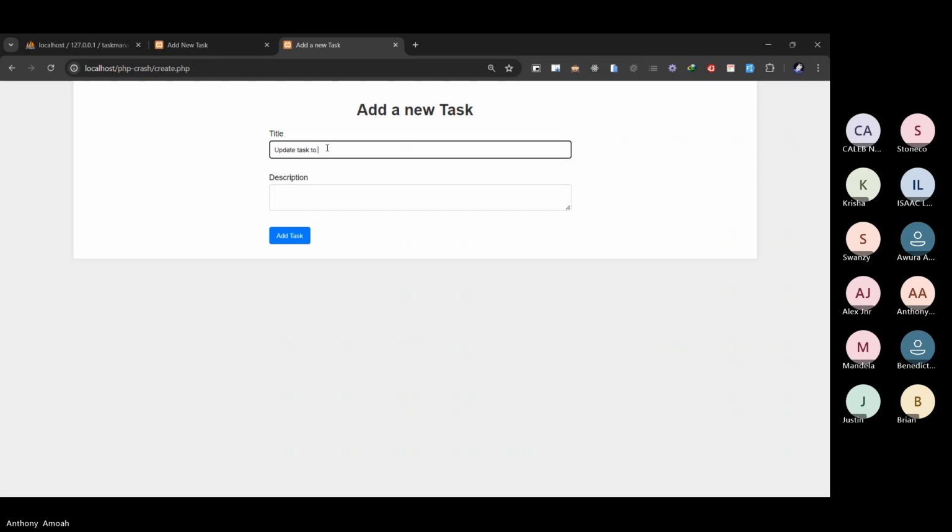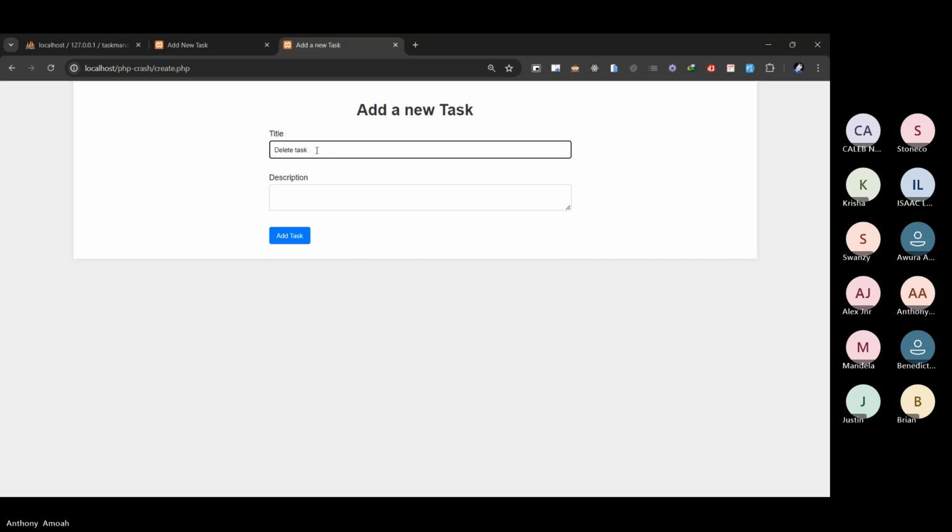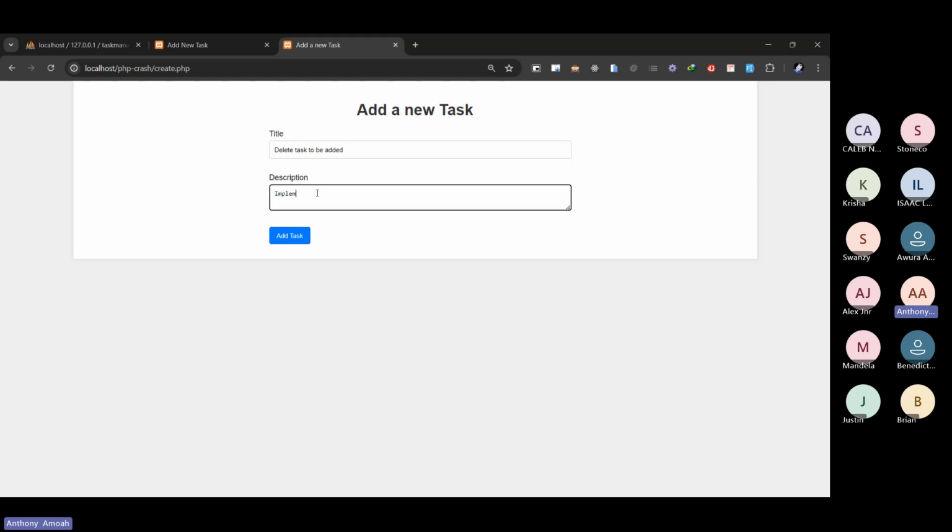to be added. And then we say implement how to update our tags. Add, and then the final one is delete tags to be added. And then say implement how to delete